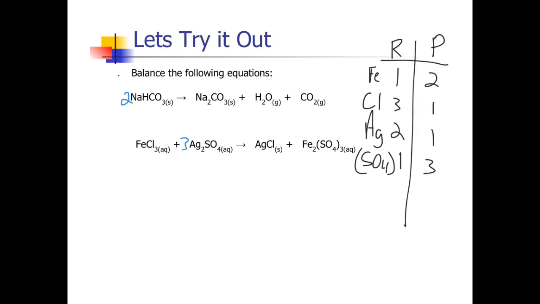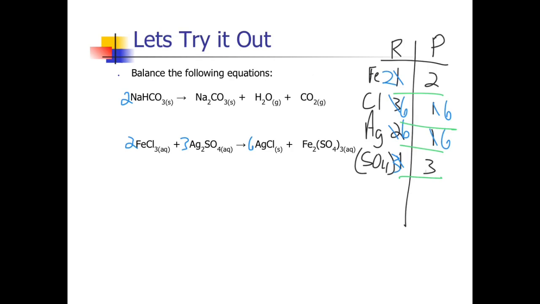So I'll put a 3 in front of the silver 1 sulfate, but that makes that a 6. Well, that means to balance the silvers out, I'm going to need to put a 6 in front of my silver 1 chloride. And then this means the number of chlorine is now jumped up to 6. And now I can see that all I need is a 2 in front of my iron 3 chloride to balance everything out